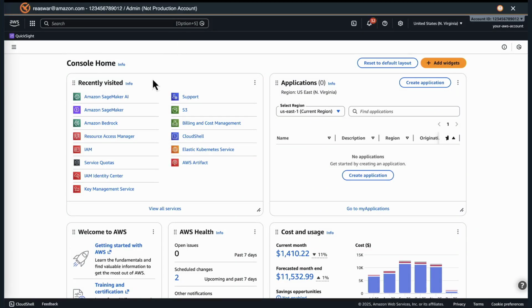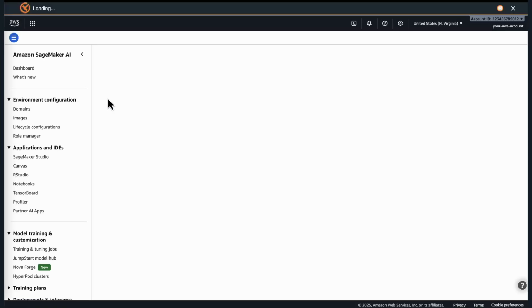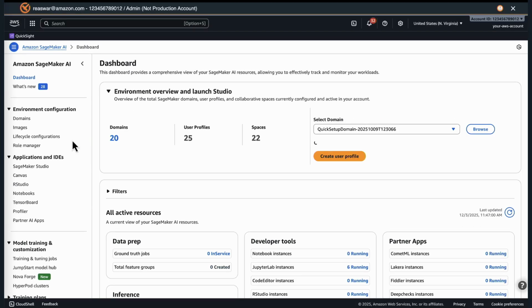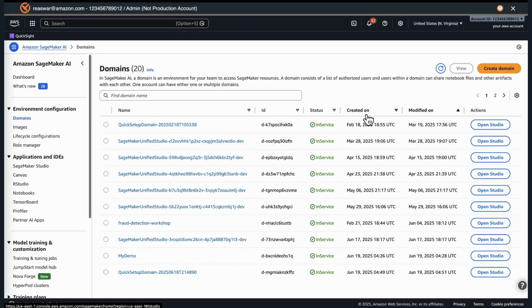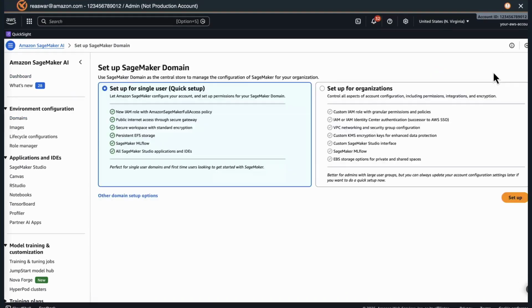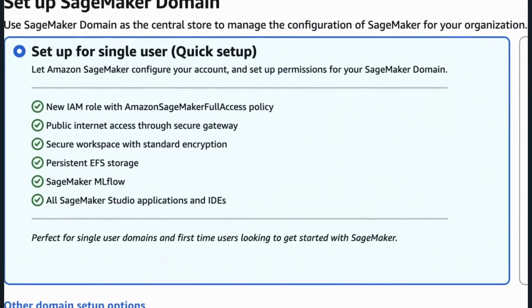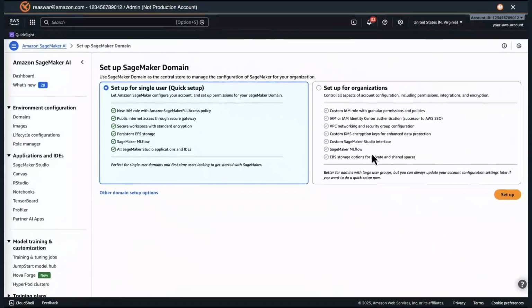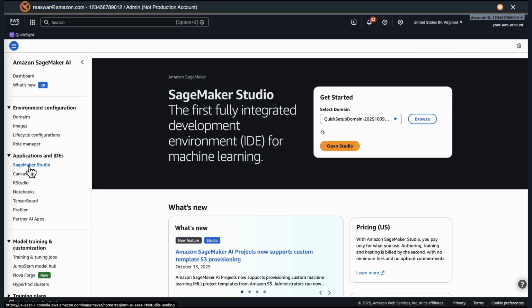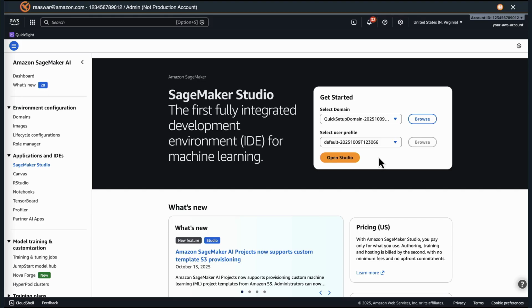All right. So as I said, we're going to start with the admin persona for what it's worth. You're going to go in as an admin, and as soon as you go into your domains and you create a domain, you can see that SageMaker MLflow is going to be enabled by default for you. So you don't actually have to do anything as an admin. Behind the scenes, permission IAM roles are going to be created, permissions are going to be set up, everything is going to be ready, and that's it. That's the job of the admin to enable MLflow.